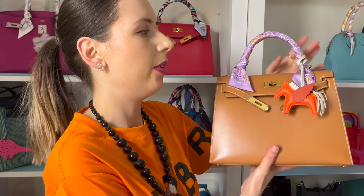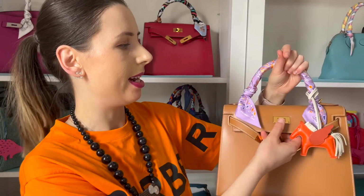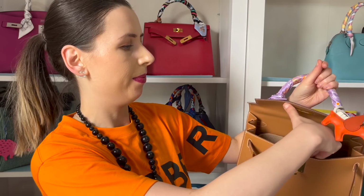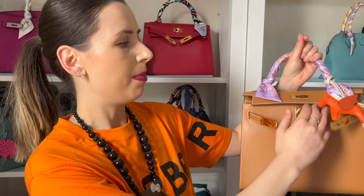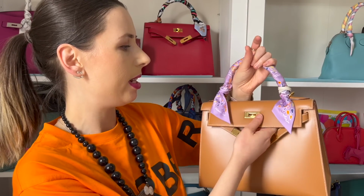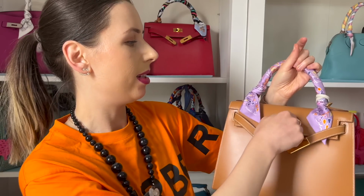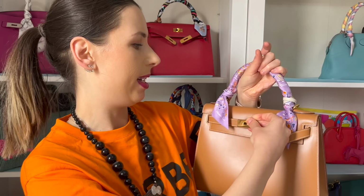But the opening and closing of these bags, it's something you really have to get used to. I usually just wear them like this, and then I just open the bag like that. Some people wear it just open like this. I don't personally like wearing it open like that because I don't think it looks that good, and also it puts strain back here. And then to close it, you just do that. But then if you want to fully close it, again, you have to stretch this over to here,